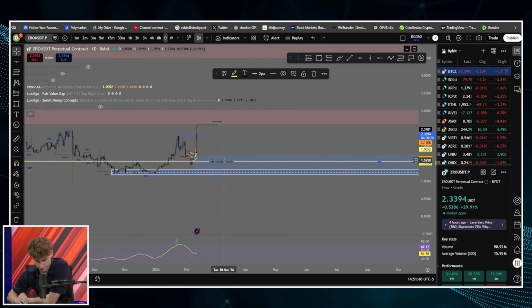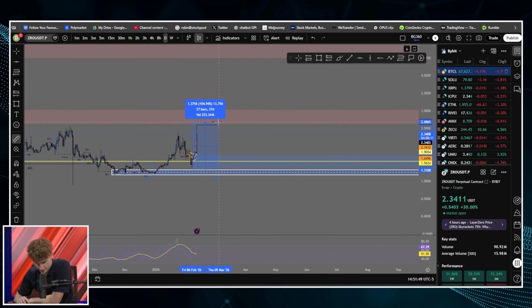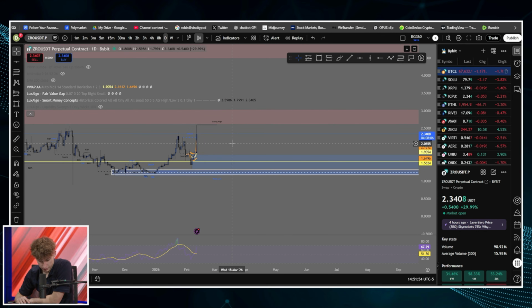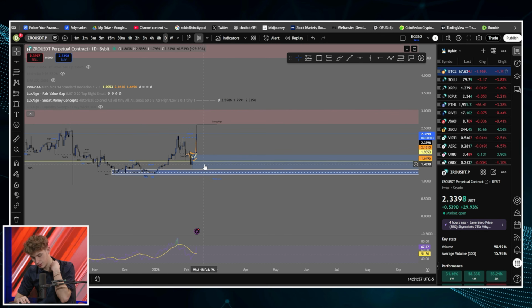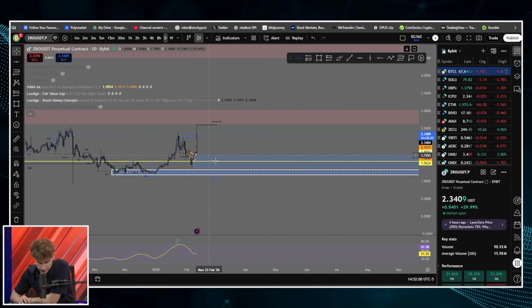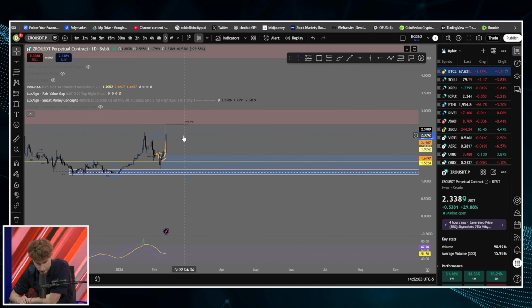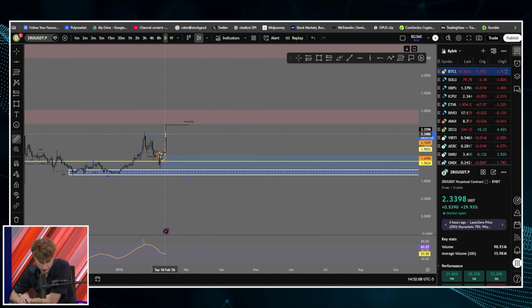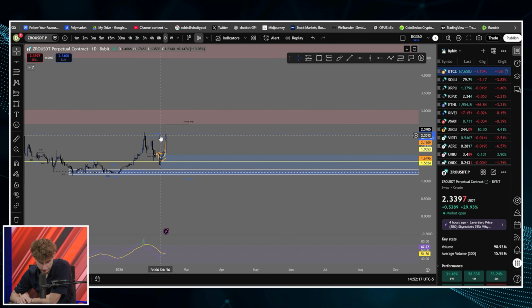This yellow line here, I think, is going to be our new support because we already used this and we made a pretty big move out of here. That's a big move too, 99% up to where we're sitting right now. And honestly, I think we're going to see another move to the downside. So if you were to trade this right now, for me personally, I would try and get in where this change of character sits and ride it 5%, 10%, however much you feel comfortable doing. This is on the daily.